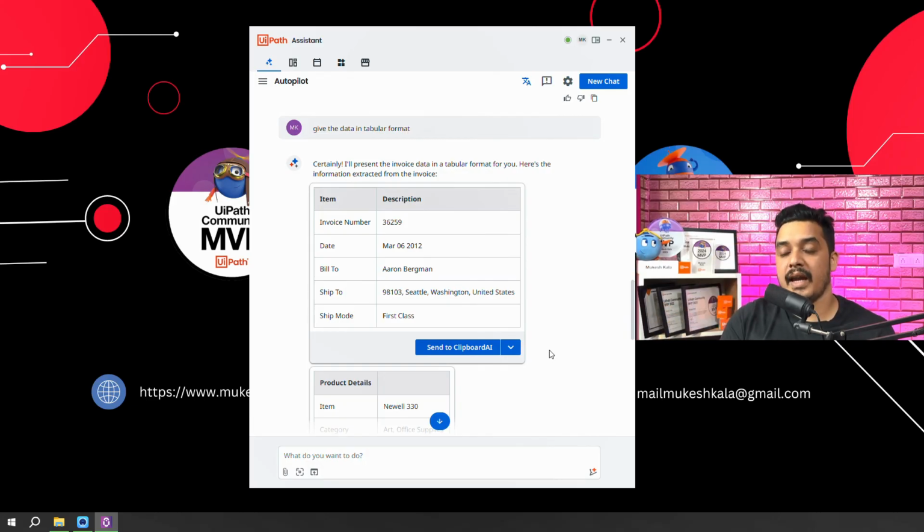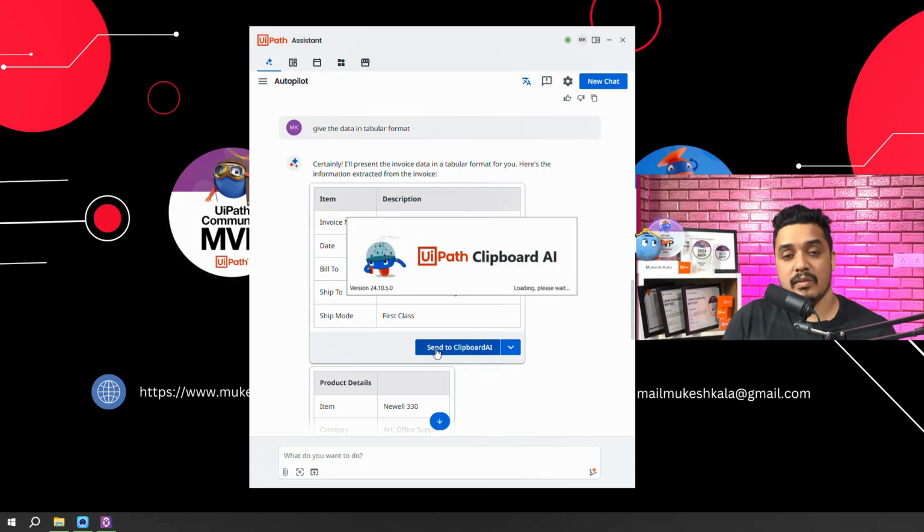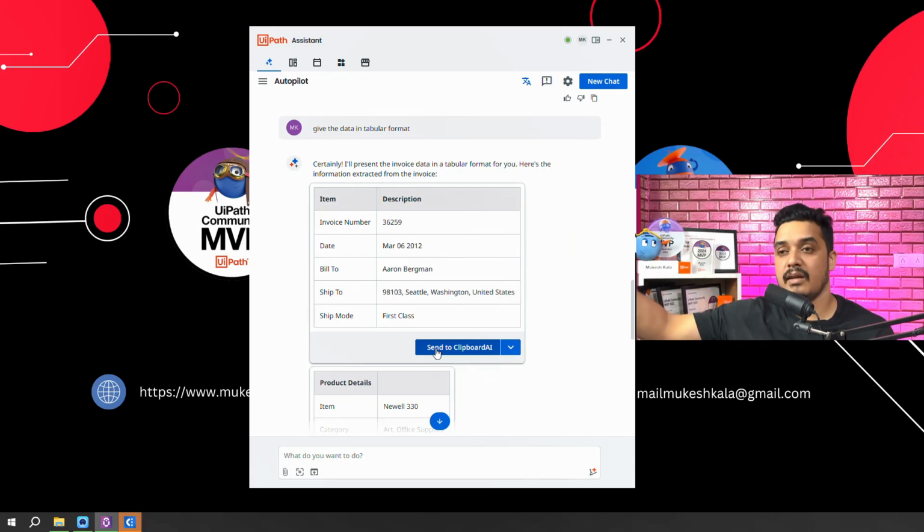Autopilot would be actually able to copy paste this data into that application, because you are taking an action here where you say that send to clipboard AI. As soon as I send it to clipboard AI, it will start the UiPath clipboard AI, where you can just point it to the other application and it will start putting the data into the other application as well. How cool is that, right?